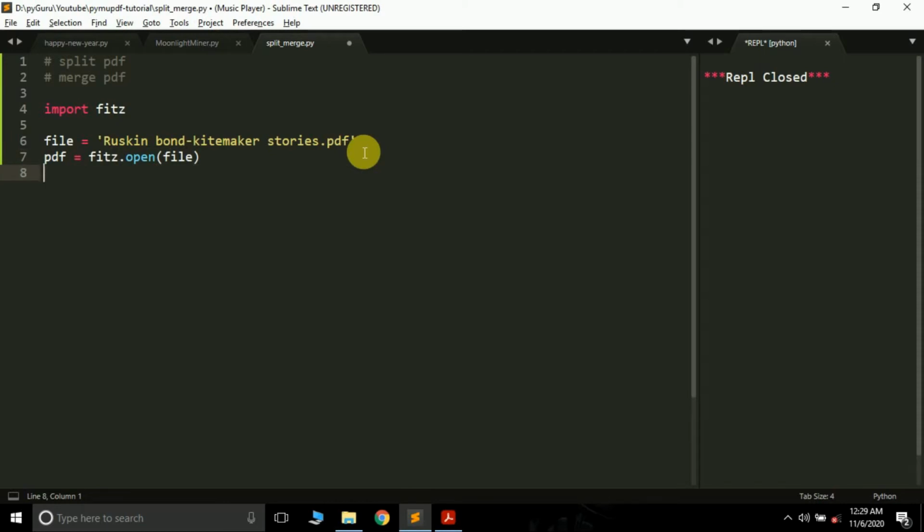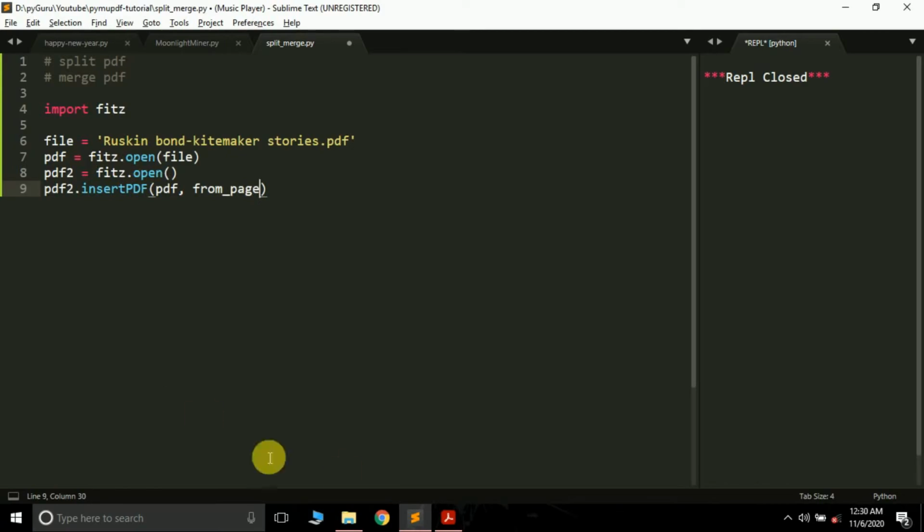The next thing we are going to do is open an empty PDF file. So pdf2 equals fitz.open, and this time we will not pass anything. If you are not passing anything, it means it's an empty PDF file. And then we are going to insert the PDF. So pdf2.insert_pdf, and here the PDF that you want to insert. I want to insert the pages of this PDF into this PDF, which is currently empty. So let's just pass pdf here, and then the next argument is from_page.